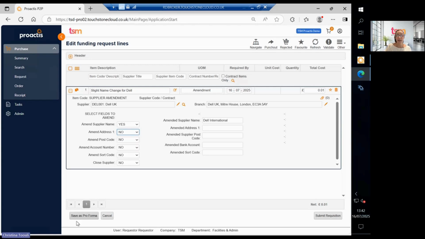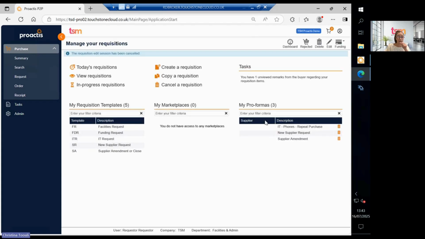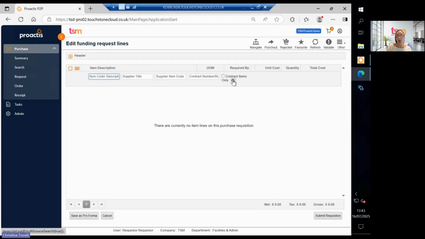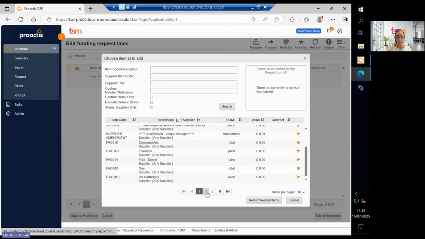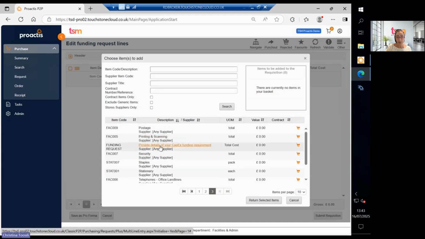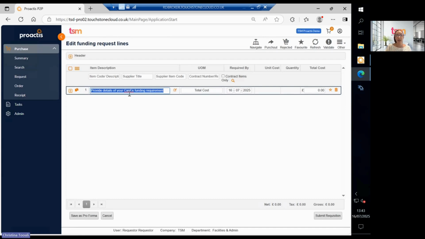Okay, so that's how you can deal with supplier amendments. In relation to funding requests, you can raise a funding request. So for example, let me just have a look if I've got the right item on here. Provide details of your CapEx request. So for example, purchase of a new building. Okay, and it's going to cost